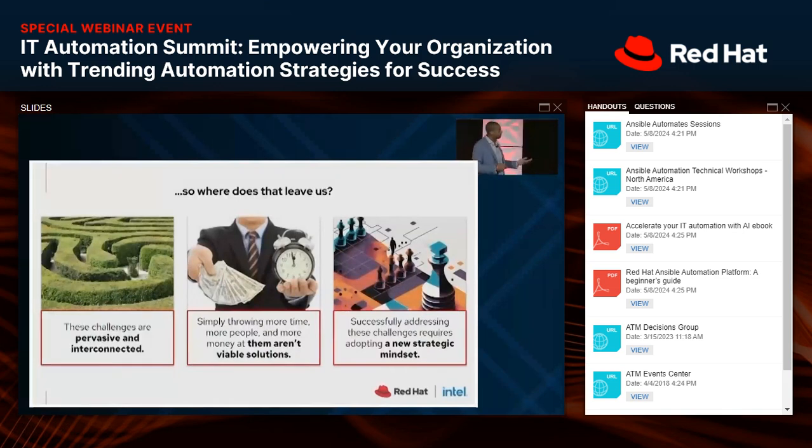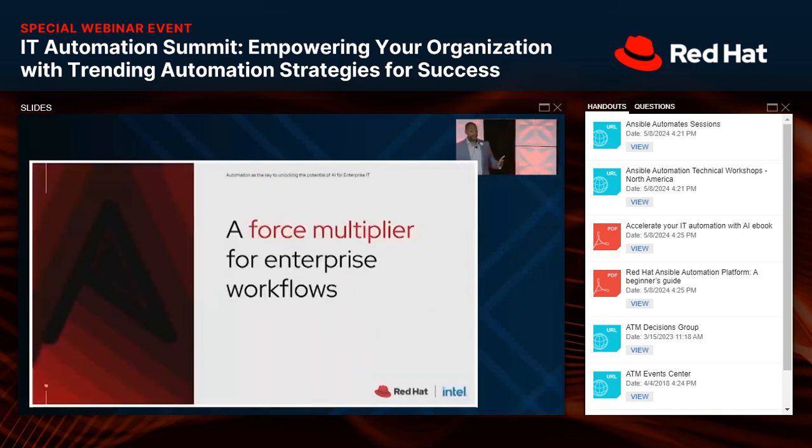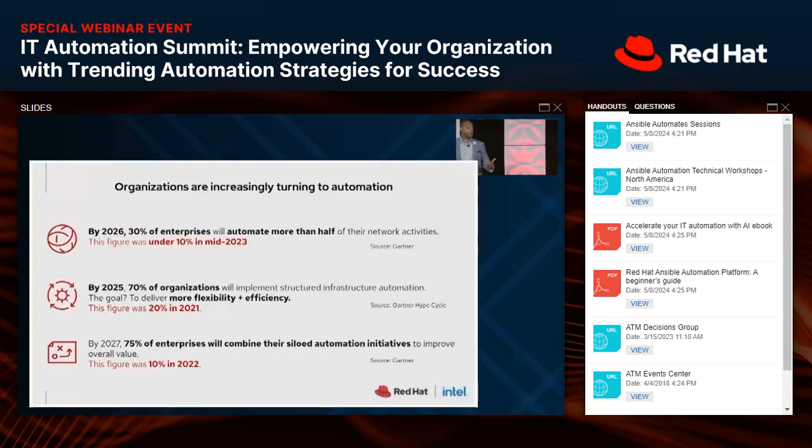And so this allows us to move into our next area, which is talking about a force multiplier. As I mentioned, a force multiplier is supposed to help you do the thing that you're trying to do faster, easier, and simpler, right? And so these are some stats that we think are very interesting to share with you around automation adoption.